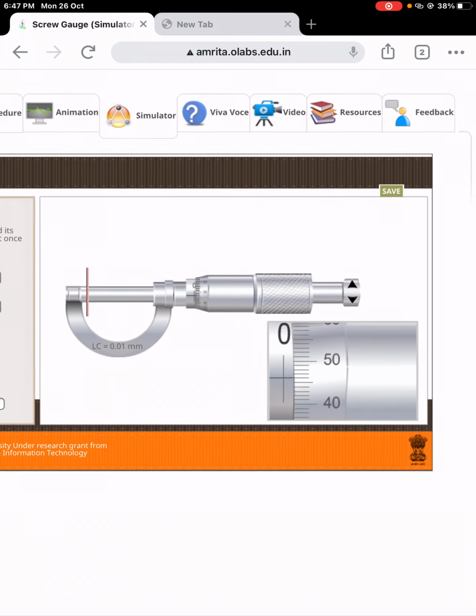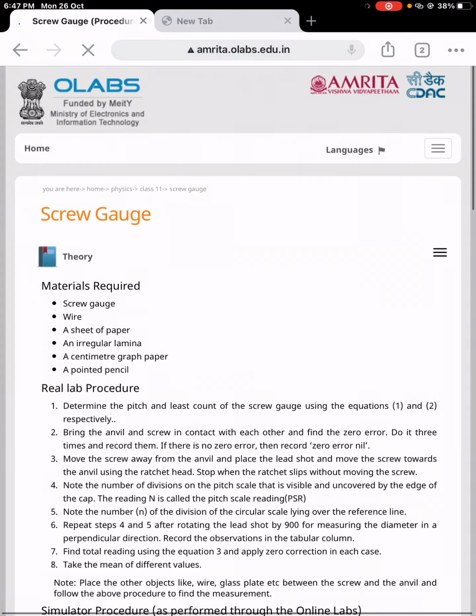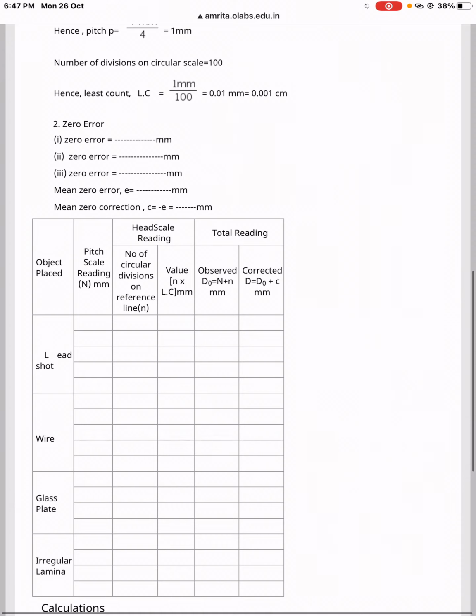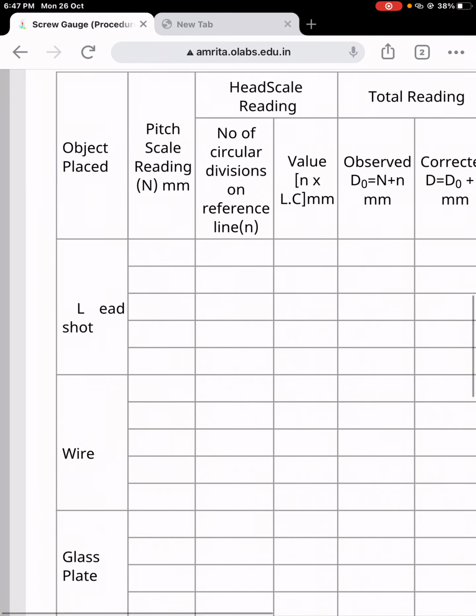Now coming back to the formula in the procedure. We will write in the first box the pitch scale reading as 0 millimeter. The number of circular divisions on the reference line will be 46.